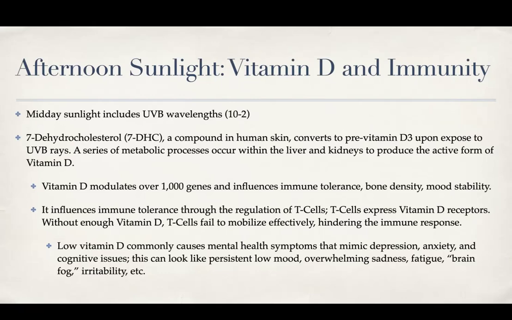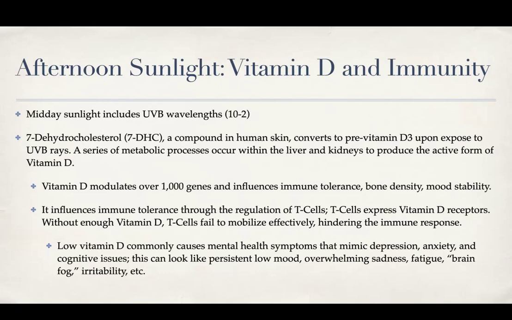If you go back to our first lecture and the breakdown of a cell, right? And if you look at not even a cell, but just how neurons communicate, you're going to see those dendrites. There are receptors in there where certain things will bind to certain things, right? Insulin will bind to insulin receptors. T cells host vitamin D receptors. And so if there is not enough vitamin D in your body, these T cells are not going to actually be able to mobilize in the way that they need to, which is going to impact immunity and immune response